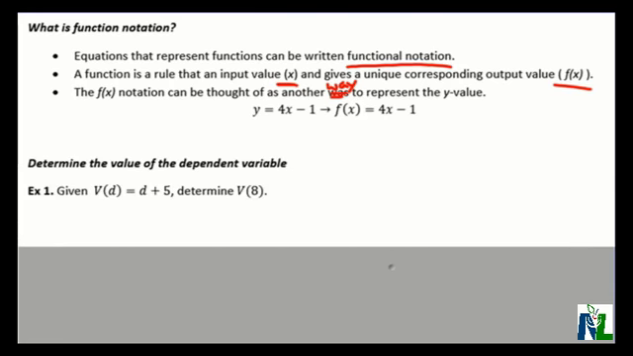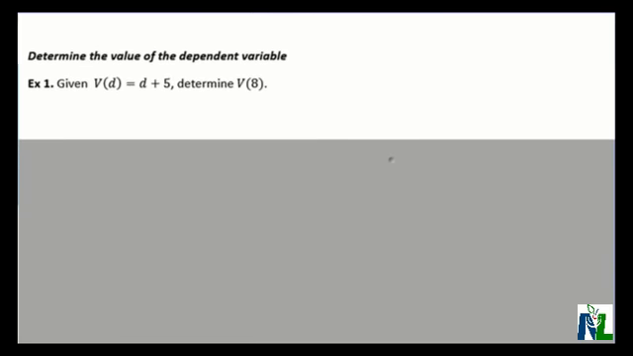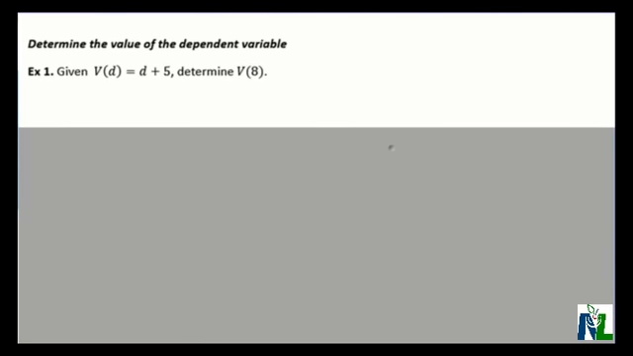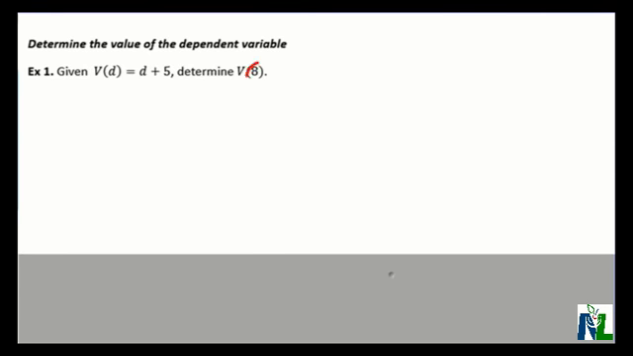We can use functional notation to determine the value of the dependent variable. So if we were given the independent variable, we can then substitute that into our function notation and find the answer. So in the example here, we have a function v of d is equal to d plus 5. So we are determining the value v of 8. What this tells us to do here is to take our value of 8 and substitute it in anywhere you see d. So we would write